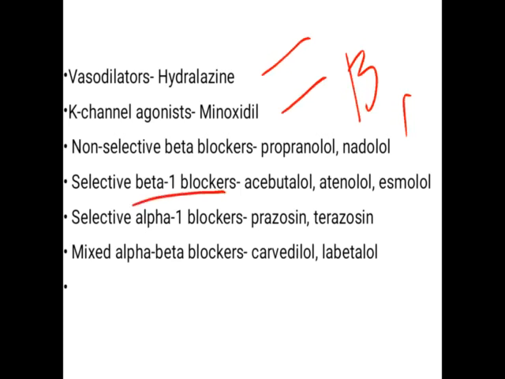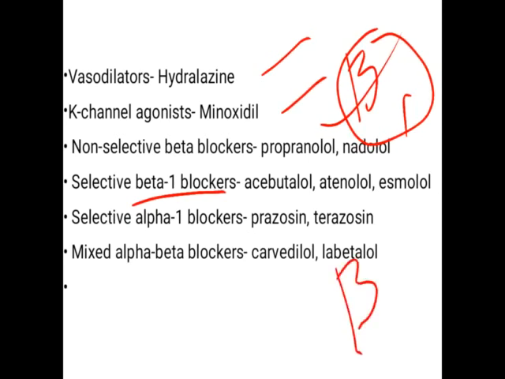Okay, so the drugs selective beta 1 blockers, they only block the beta 1 receptor. They will not block beta 2 receptor or any other alpha receptor. Now suppose a drug will block beta 1 receptor, and somewhat it has activity on